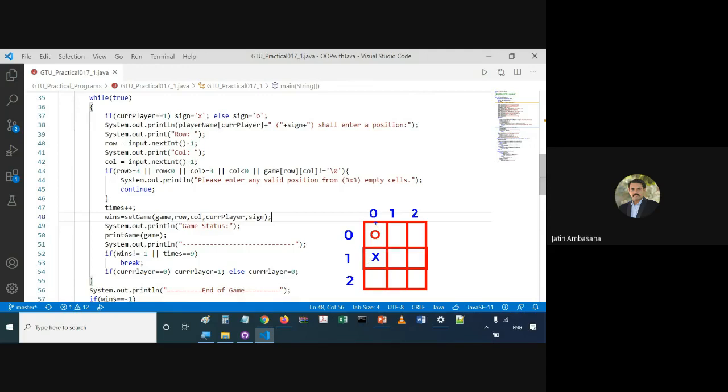If row and column numbers are the same, then you check this part, but that is not the case over here. If there is another scenario where row is equal to column number minus 1, then you check this part, which is not the scenario right now. So that's it. It comes back.